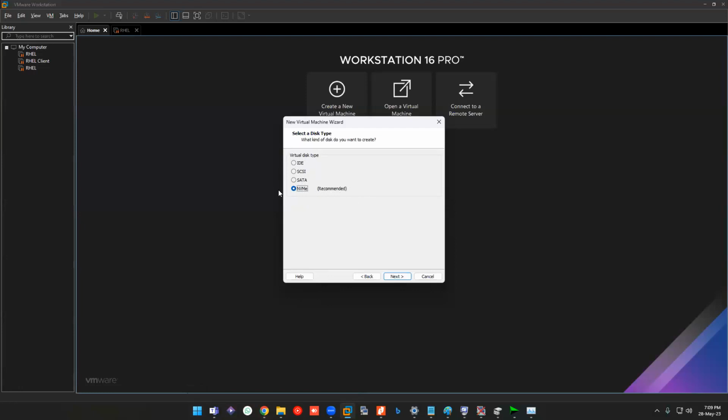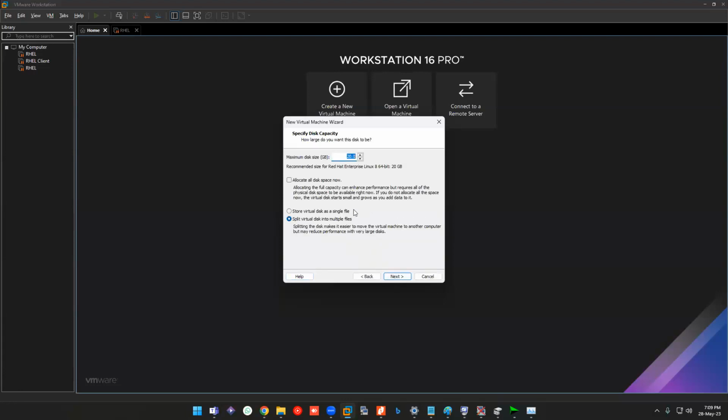But again, you're going to install on top of your hard disk anyhow. So if you select this also, your hard disk speed is the one that determines the usage. Okay, so next thing is your virtual disk. Obviously, you don't have a virtual disk as of now, right? So create a new virtual disk, next.